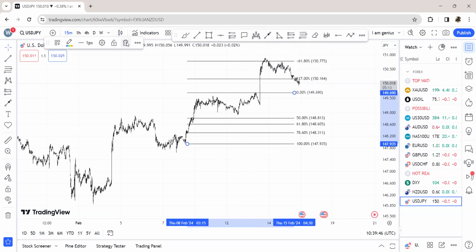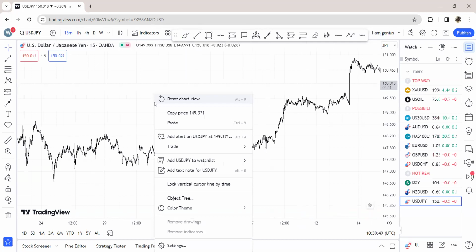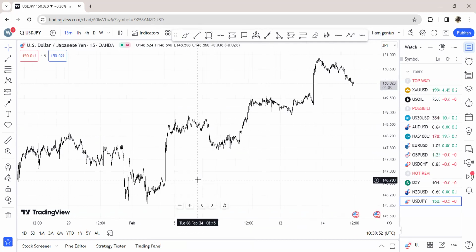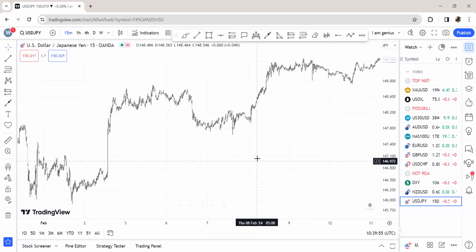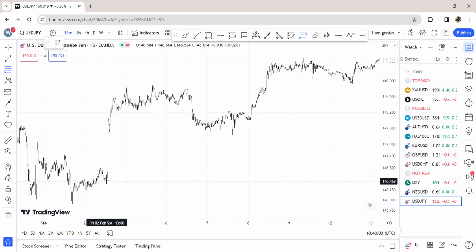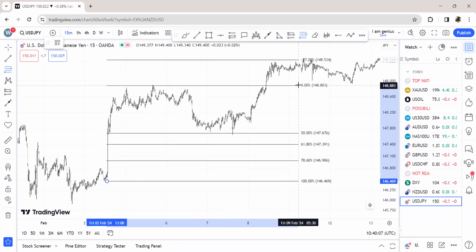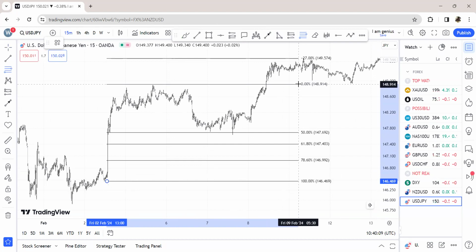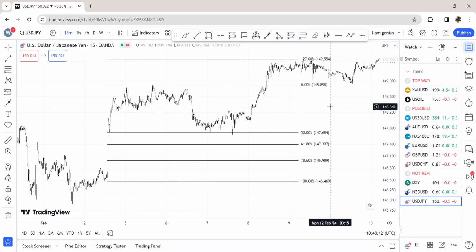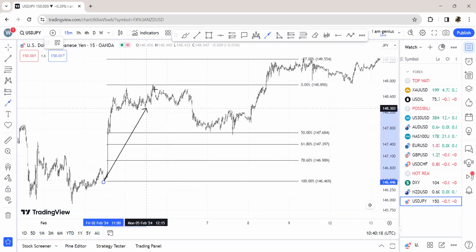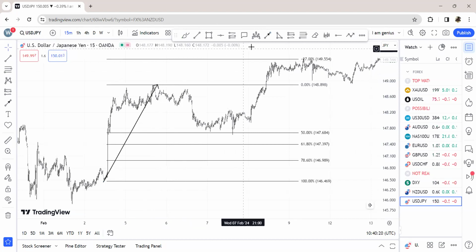Okay, no, let me just remove it. Let's start from an easier example so that you can see what I'm doing. I would rather we have a very clean example. So starting from there, that's where the impulsive move starts from, all the way to the top of that level. Yeah, so now you notice that this impulsive move is way longer, all the way to there, compared to this retracement. Now, this is in a healthy